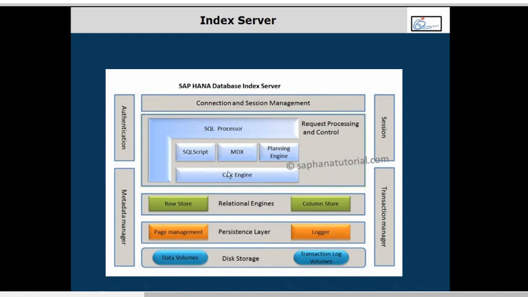When you're processing your request, if you want to read data from any of the tables, if it is row store, it does use the row store engine. If you want to read from a column store table, it does use what? Column store engine. So when I say column store, it will have its engines and also the mechanism, all the logics to handle your column store tables. The column store block will have all the engines which are supposed to manipulate the column store tables. So when you want to read data from column store tables, your calculation engines will leverage what? Column store engines to read from the column store tables. If they want to read from row store, then calculation engines or all these engines will leverage what?